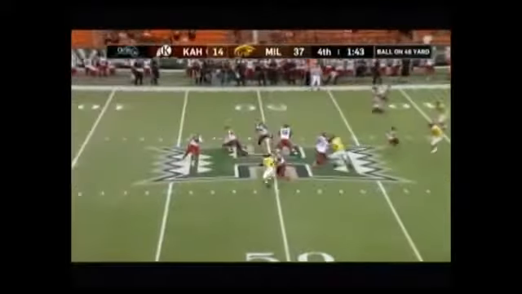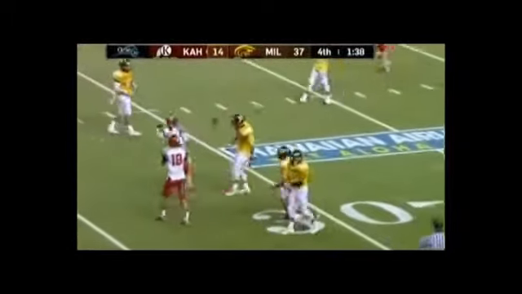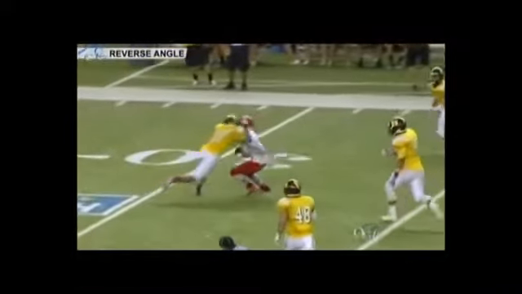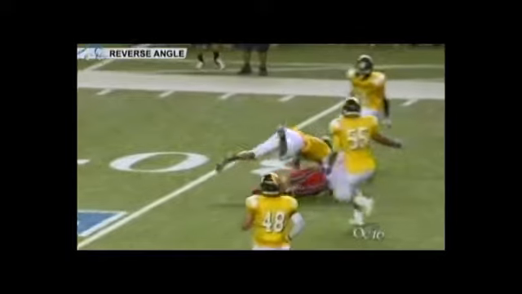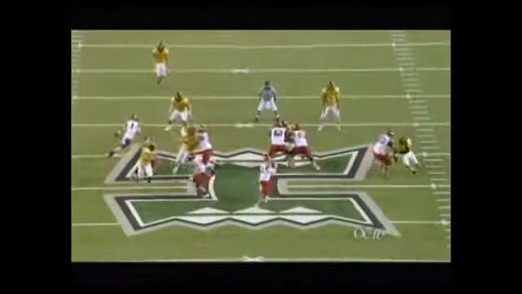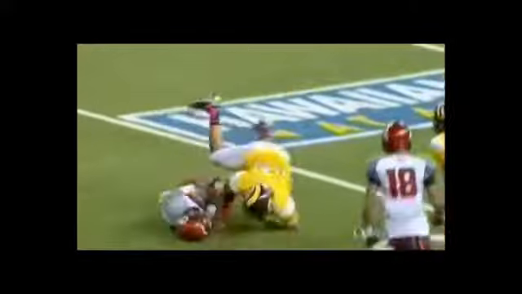Targeting play number 4 is a hit on a receiver. This is a very typical type of targeting play that we're going to see, and that the defender has an opportunity to get lower and should, and even though the receiver does crouch slightly, still defenseless, which means you can't shoot for the head. You can see the defender, initial contact is helmet to helmet. Even though it's not a spear, this is still a foul. And you can see some intent there where he follows through with that arm high, even though he misses on that swing that would have resulted in contact with the helmet. This is a good call.